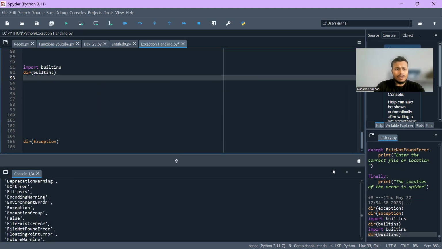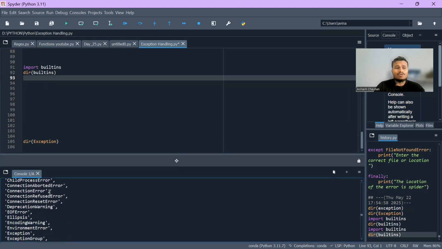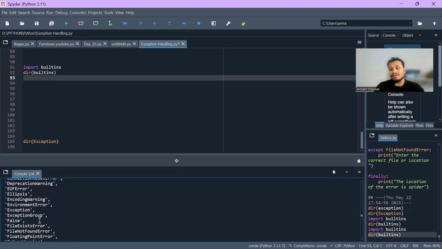You can see here various exceptions are there. Arithmetic error is there, assertion error is there, attribute error is there, base exception is there. So these exceptions are there. Again, if you have to look into what this exception does,